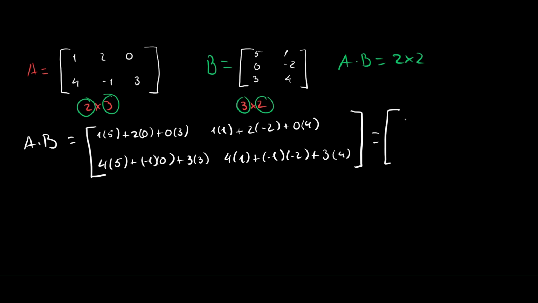Okay, so now let's multiply all of these numbers. It's going to be 5 plus 0 plus 0, 1 minus 4 plus 0,